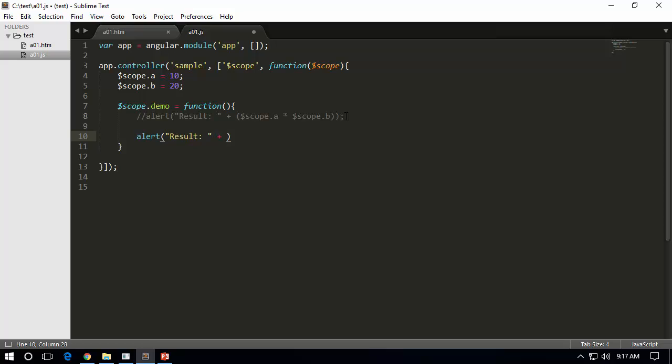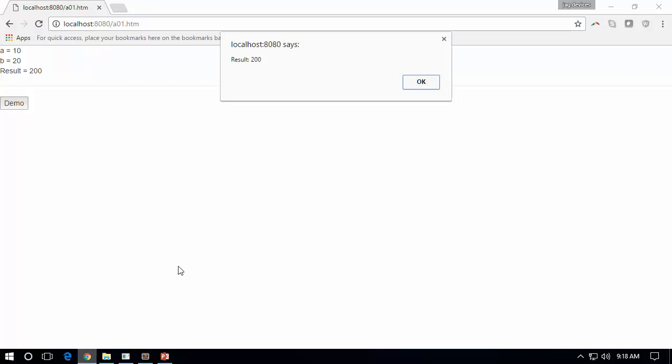Now if I say result plus, and put this in, we pretty well know that this is not going to work. Why? Because the A and B variables are not available. Those are available as part of the scope. So you are not referring to the scope here, and thus this will not display anything. Let us go back here and just press F5